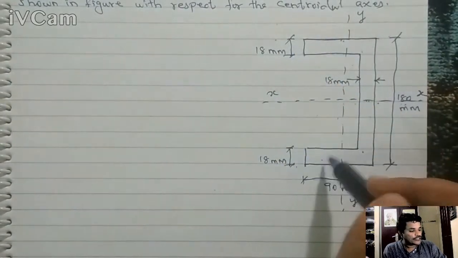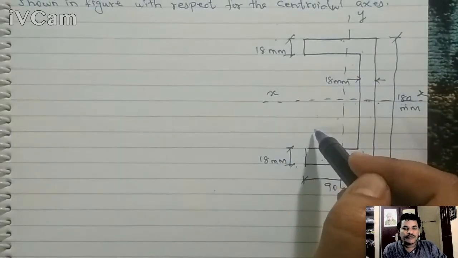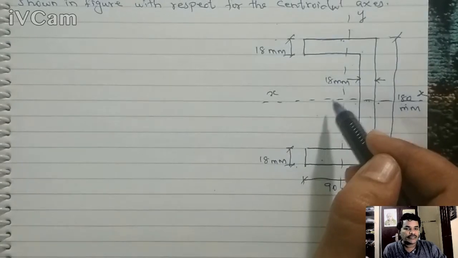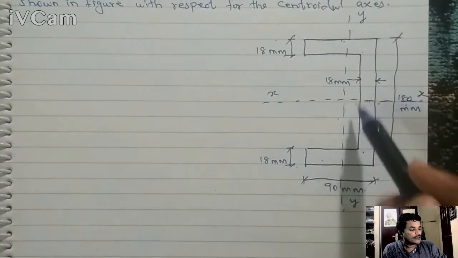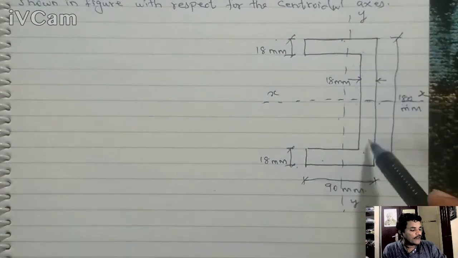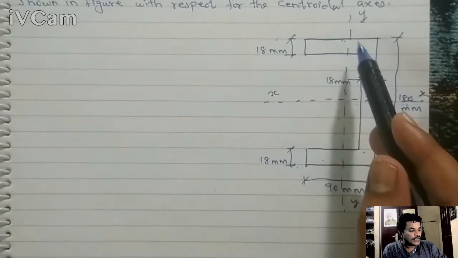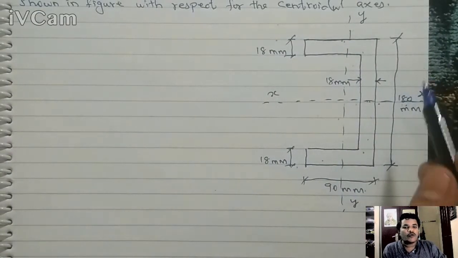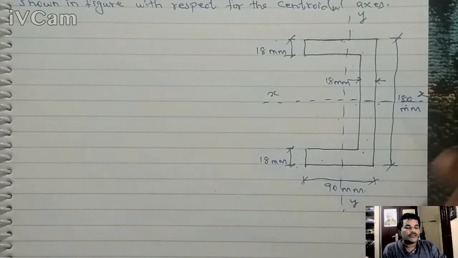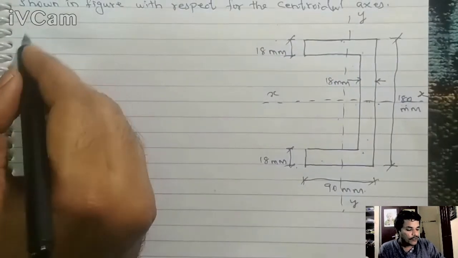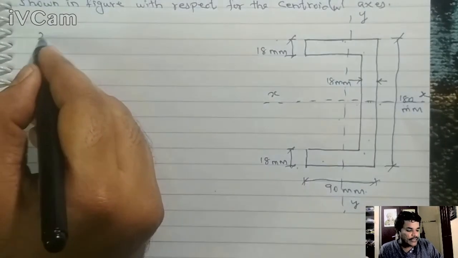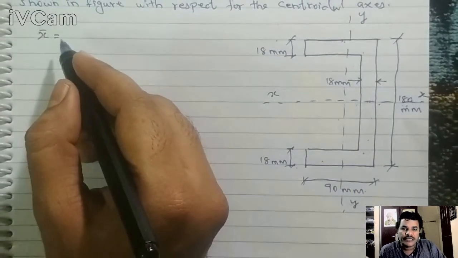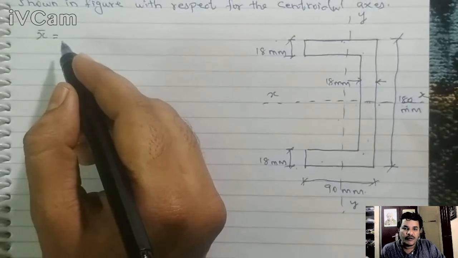If it were a closed section, or an open box section, it becomes unsymmetrical in both axes. But here the case is different. The equivalent web portion is not available on this side, so it is unsymmetrical about the YY plane and symmetrical about the XX plane. So you can calculate the y bar value directly, that is 180 by 2. As usual, first we calculate the centroid. You need not calculate A1 x1 plus A2 x2 plus A3 x3 for that, because it is symmetrical about XX.